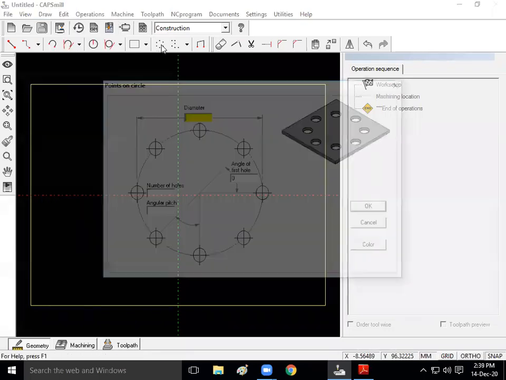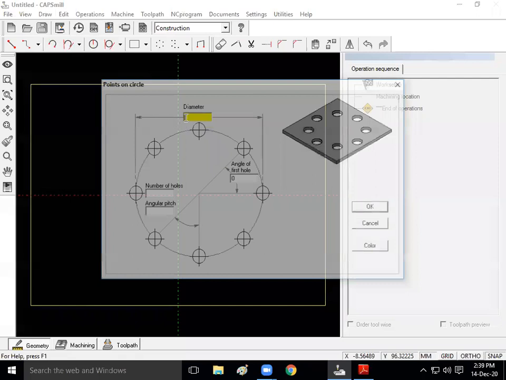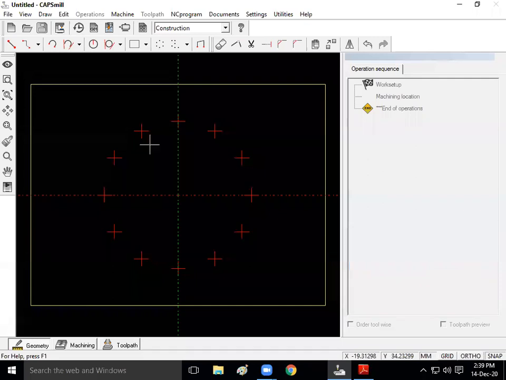So I'm going to click directly on this. It is asking the pitch circle diameter, which is 100, number of holes 12. Click on OK, and it is asking the center point of that pattern. It is again 0, 0. Click on done. So here you can see these red plus marks are the 12 circles on the surface of this rectangle.